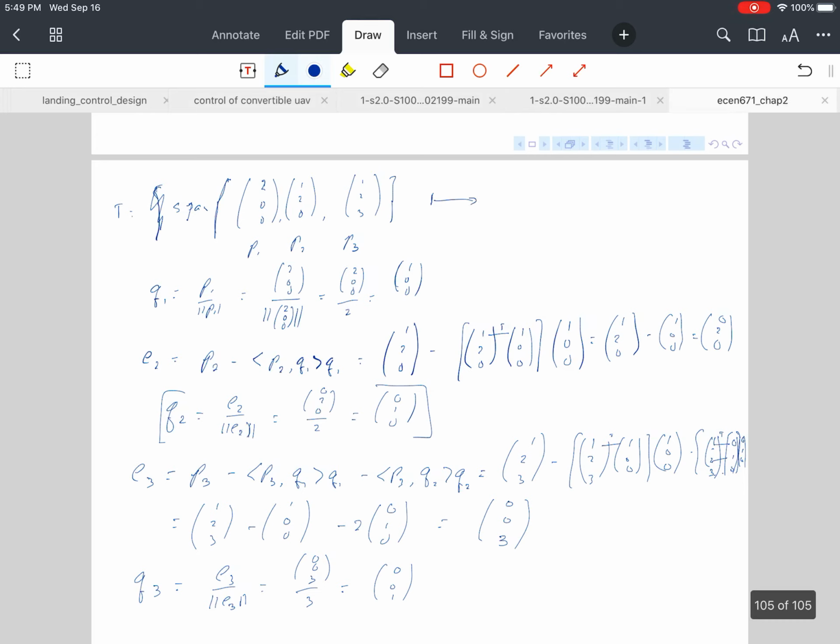Okay, so an orthonormal set that spans the same space, all of R3, would be the span of 1, 0, 0, 0, 1, 0, 0, 0, 1, as we would expect. This isn't the only set, but it's the set we get from Gram Schmidt orthonormalization starting with this particular T. And this is going to be equal to the T prime. So there is a very simple example of